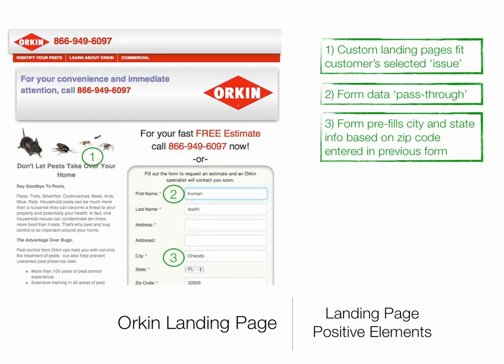Now let's talk about the landing page. So once you fill out the form, you go to the form landing page. When I say that, I mean the form on the home page. You fill out the form on the home page, you go to a form landing page, and they're great because each of them is customized to the issue that the customer selected. So if you said I want someone to help me with my pest control, then it'll show you pest control messaging and imagery. If you say you want termite control, it'll show you termite control imagery and messaging